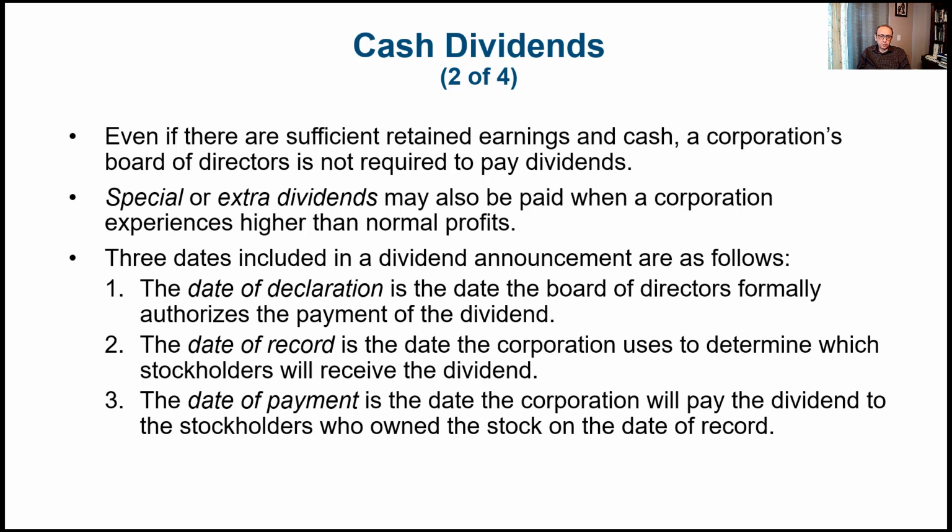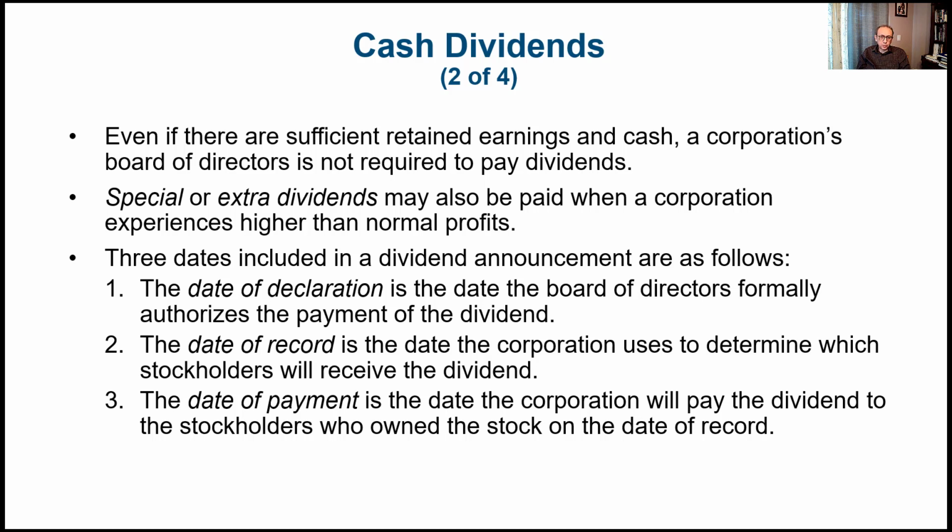At that date, the corporation creates a liability, because once they say we have to pay this amount, then this is an important date. Another important date, but not very critical for journal entries, though it's important to know who's going to receive the dividends, is the date of record, which is the date the corporation uses to determine which stockholders would receive the dividends. So for accounting records, in other words for journal entries, that's not too critical for us. But the date of declaration is critical. The other important date is the date of payment.